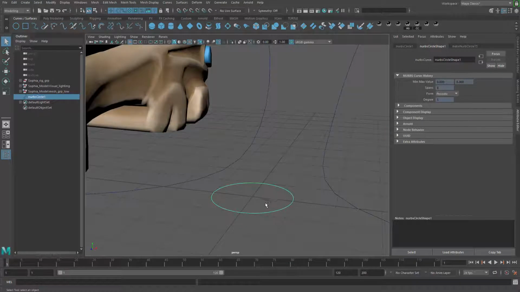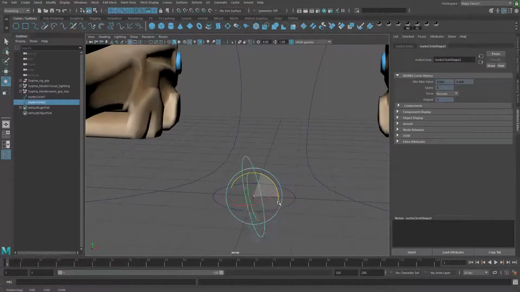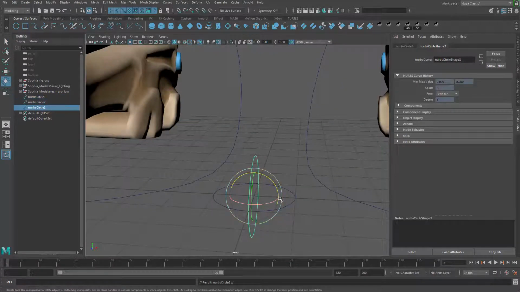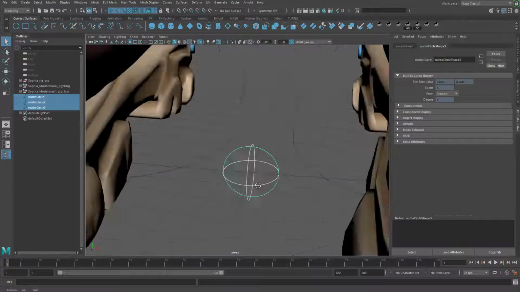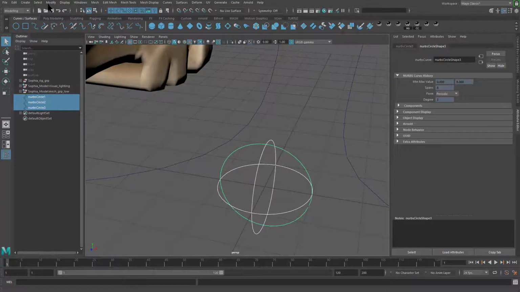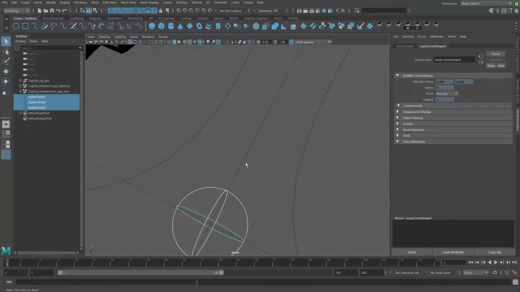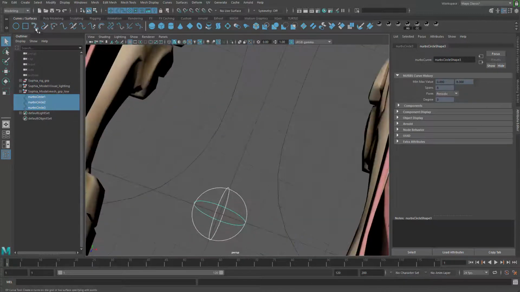I'm going to create a circle, duplicate it and rotate it 90 degrees this way and one more time. And also rotate it this way. Grab all three of those things, Alt Shift D to delete the history, and then also go Modify, Freeze Transformation to freeze their transformation. I also need a line here in the back, so I'm gonna use the create curve